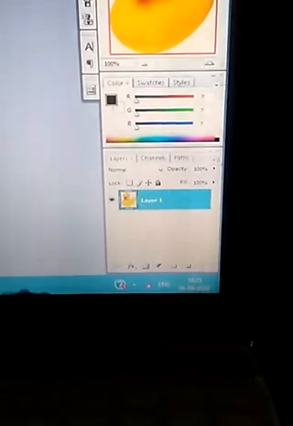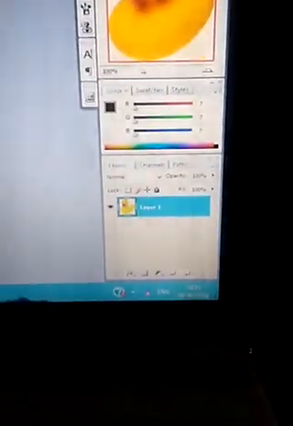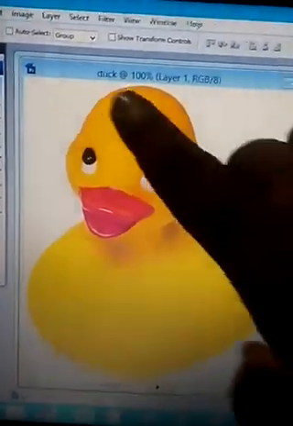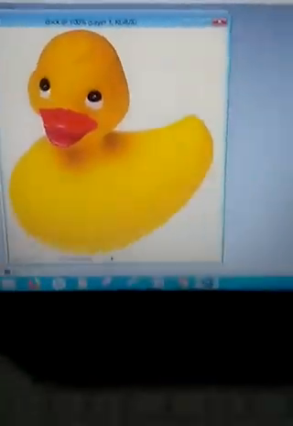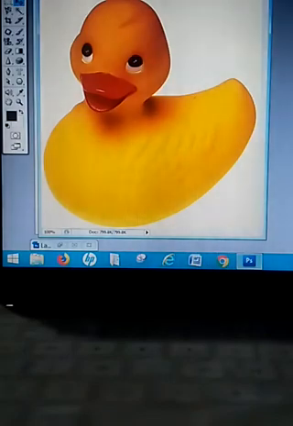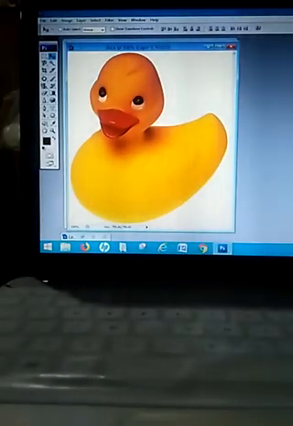Now see, the layer name we have given as layer 1 is showing here, but our file name is coming as duck. So this is another way of copying a layer from one document to another document, or creating a new document by moving or duplicating a layer, students. Thank you, students.